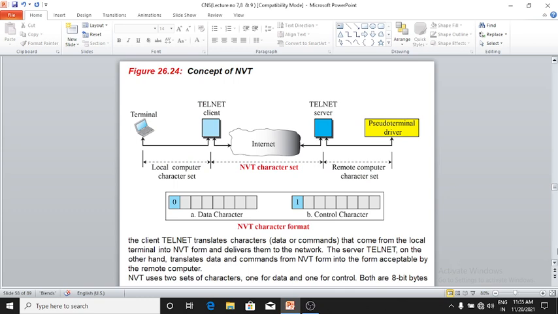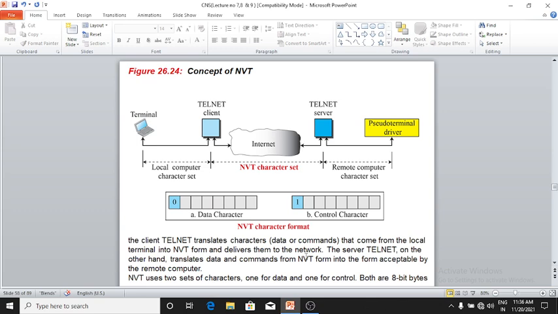Here is the concept of NVT: terminal, Telnet client, Telnet server, pseudo terminal driver, internet. See the diagram. The NVT character set is there, right? Here the client Telnet translates characters, data or commands that come from a local terminal into the NVT form and delivers them to the network.